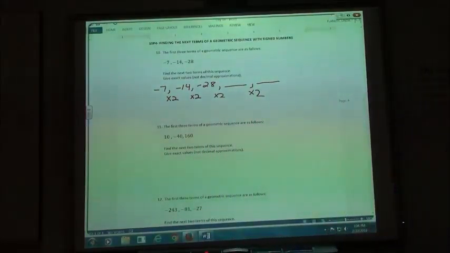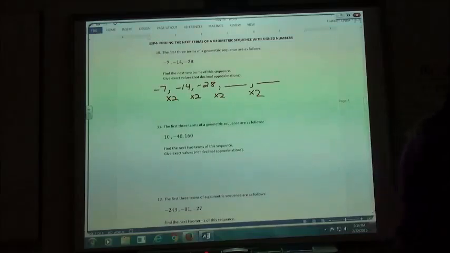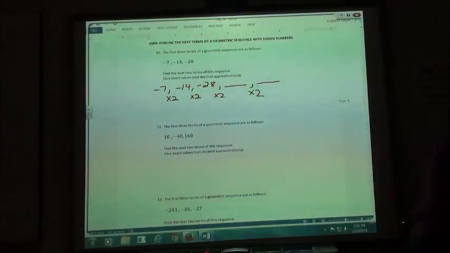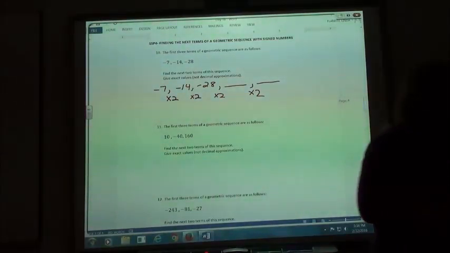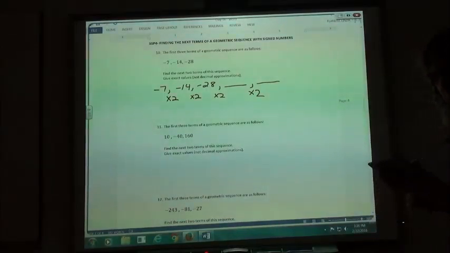Just to make it a little easier, I'm going to grab my calculator, if I can find my calculator. Oh, let's use this one. Don't know where I put my other one. So,